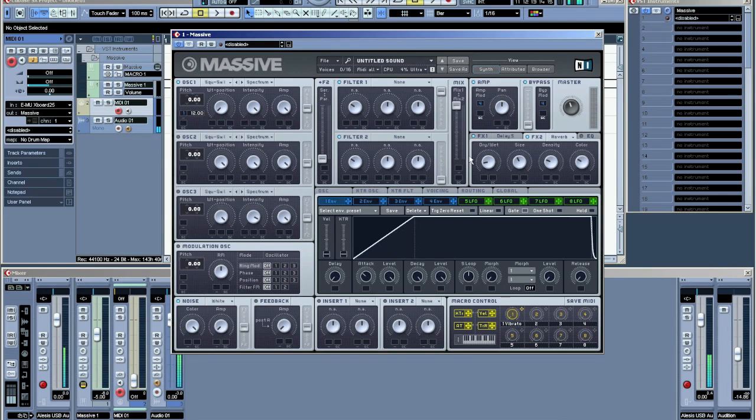Okay, I think that sounds quite nice. So this is the sound that we've got at the moment, which I think is sounding pretty sweet. Okay, the next thing that we can do is, if you listen, the attack on this note